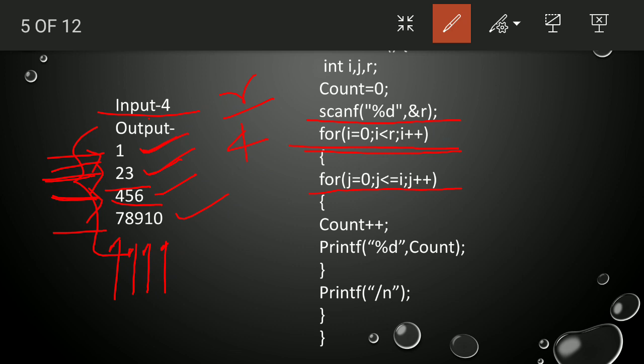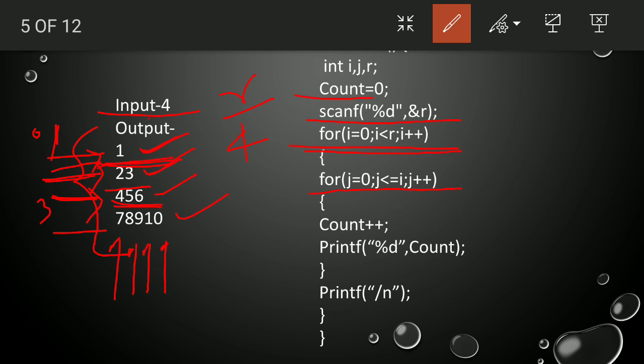Or the second row, if we have taken the index from 0; if we have taken it from 1, it will be the third. So j will start from 0 and go while j is less than or equal to i. In the first case, j is 0 and i is also 0, so 0 is less than or equal to 0, yes, so it will print only one time.